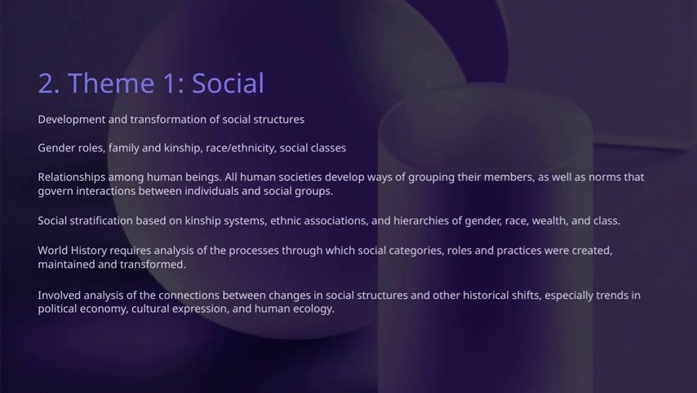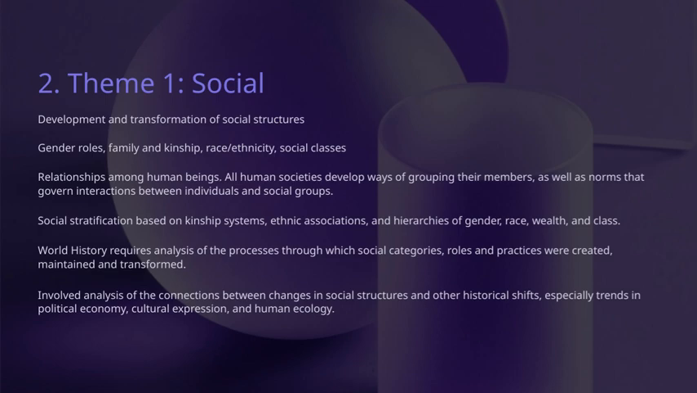In this slide, we're diving into how social structures are deeply connected to broader historical changes. We'll look at how shifts in political economy, cultural expression, and human ecology influence and reflect these social transformations. World history requires us to analyze the processes through which social categories, roles, and practices are created, maintained, and transformed over time. A key concept here is social stratification, which often develops based on kinship systems, ethnic groups, and hierarchies